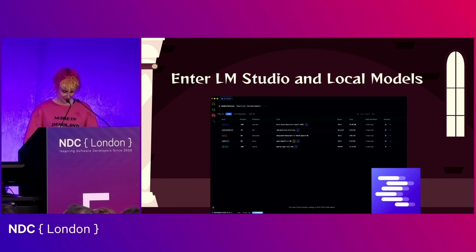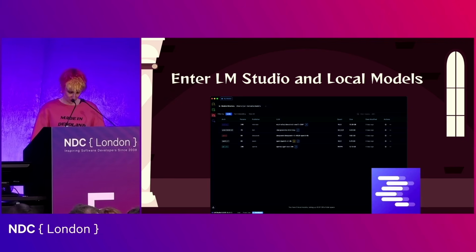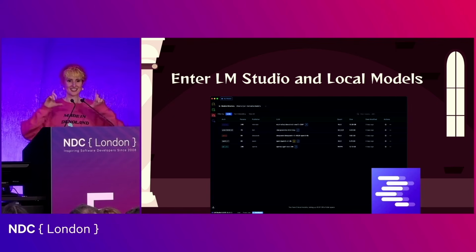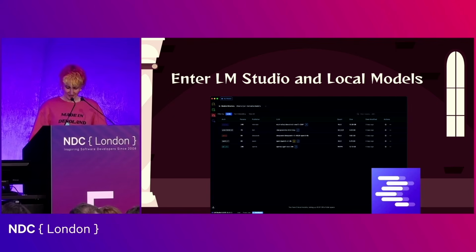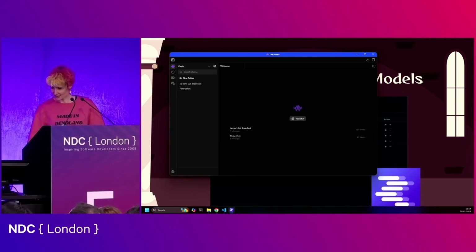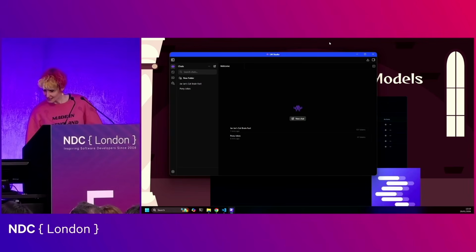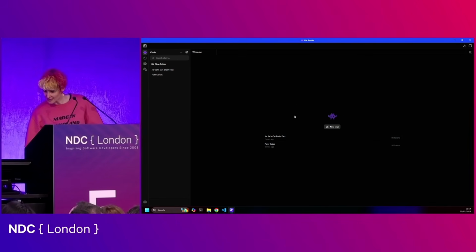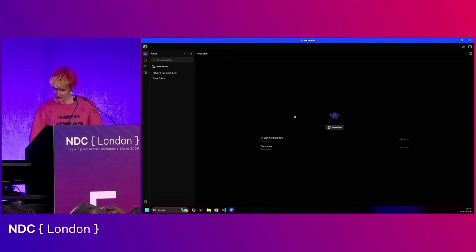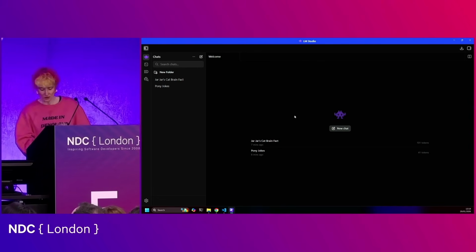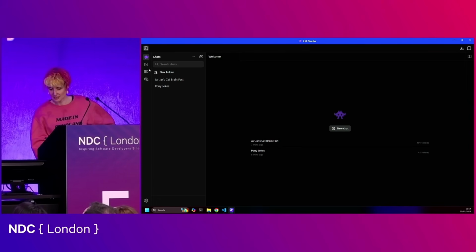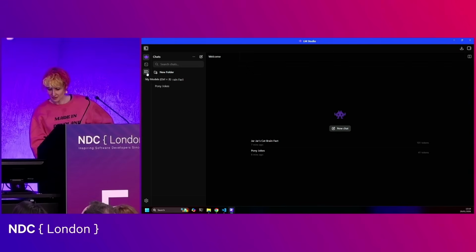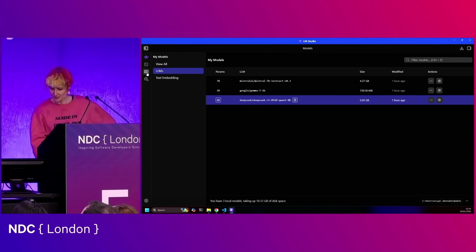Let's see if I can get this one to talk to us. So this is, you can't see it, but this is a Surface. Like this is basically a tablet that is running this model. So let's see if we can talk to it. So this is what LM Studio looks like. We can install different models.